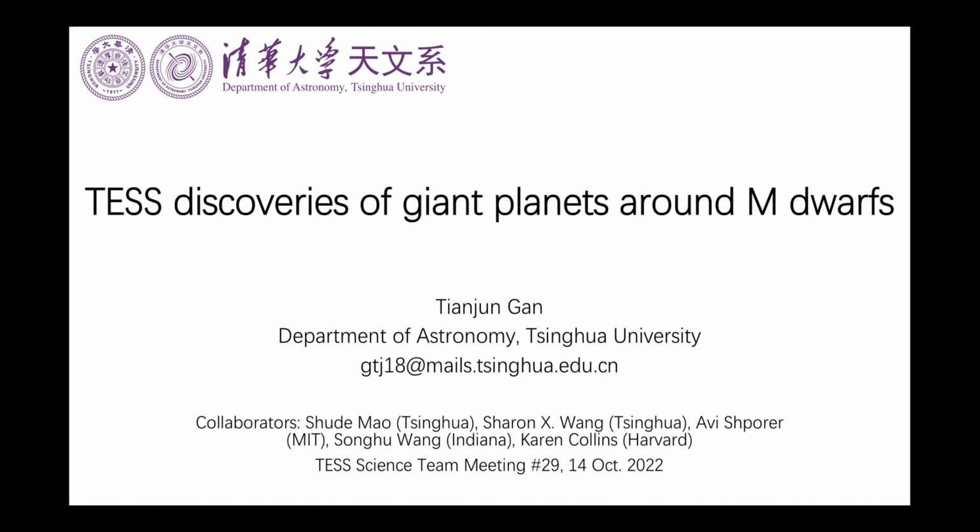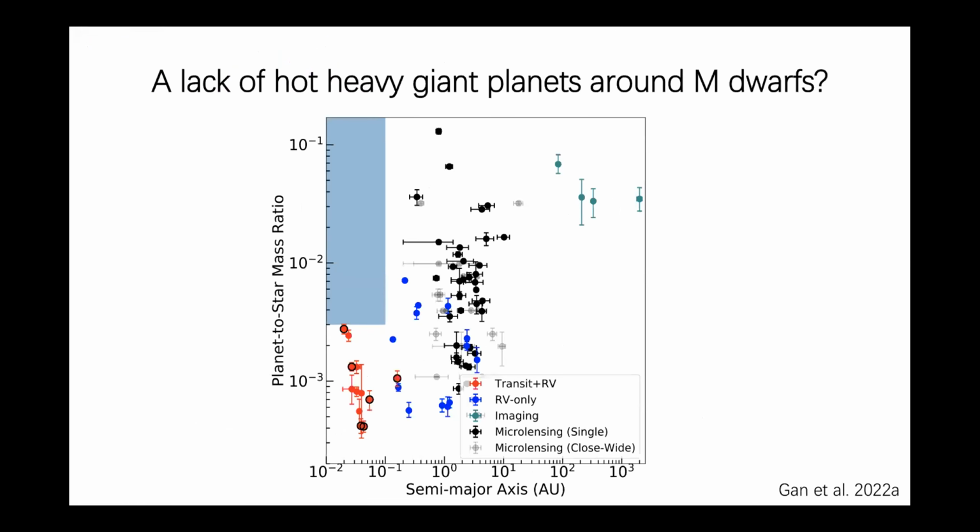With the highest planet to star mass ratio among planetary systems, giant planets around the M dwarfs are extreme cases to test the current planet formation models. Over the last 2 decades, hundreds of transiting giant planets have been detected. However, only few of them are orbiting M dwarfs. As a full sky survey, TESS provides us a unique opportunity to enlarge this sample and further study their